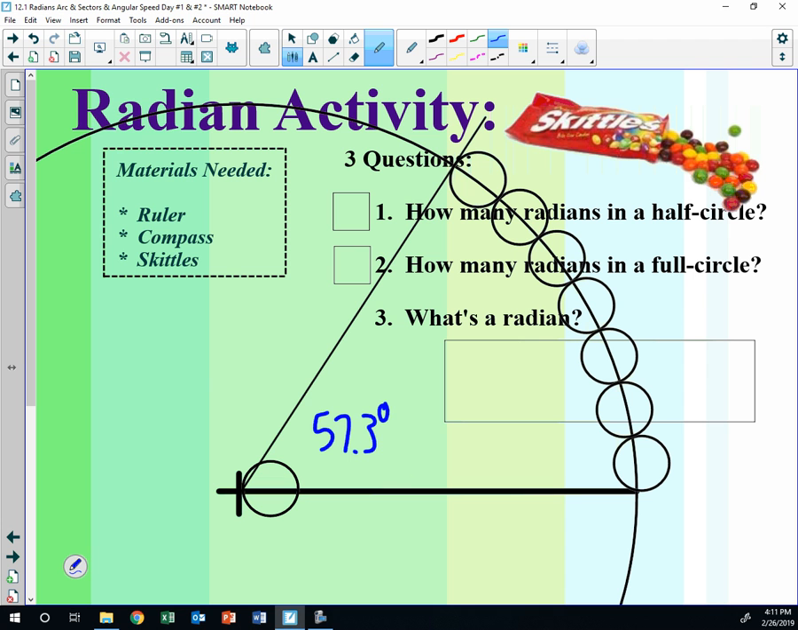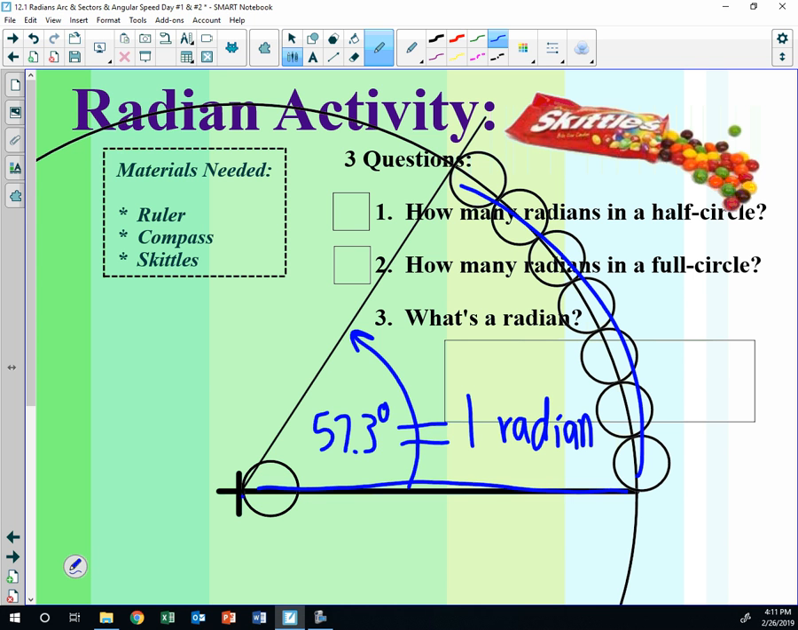57.3 degrees. This is the angle for 1 radian, or if we use the word radius, 1 radius on the circle creates an angle of 1 radian. So the 3 things I like people to know about radians: number 1, 1 radian equals 57.3 degrees. Second thing is radians are angles